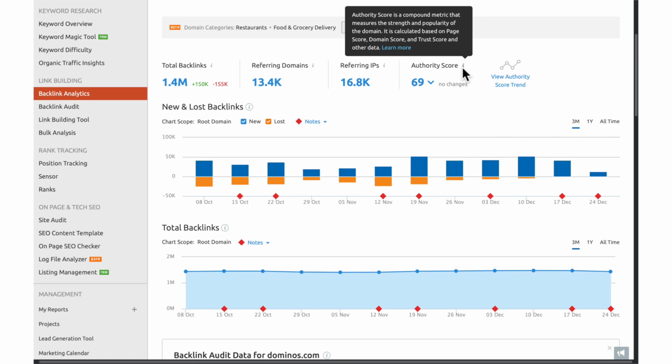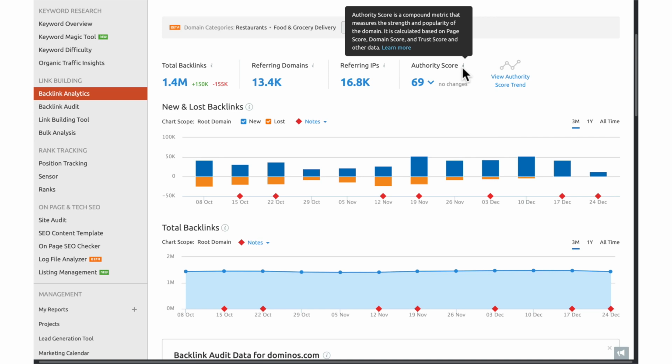The trust score. This metric measures the trustworthiness of a domain on a 100-point scale based on the number of links coming from trusted domains. Backlinks, the total number seen linking back to our domain. Referring domains, the total number of domains with at least one link pointing to our queried domain. Monthly visits, the number of unique visits to our domain in the last month. And keywords, the number of keywords that show up in the top 100 search results that lead back to our